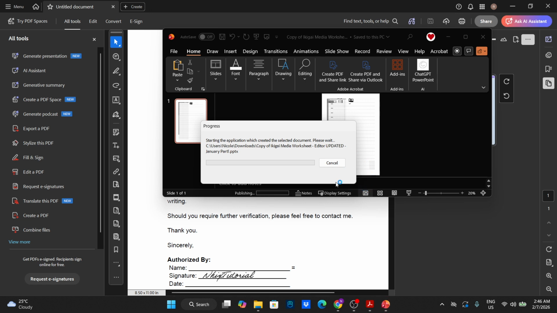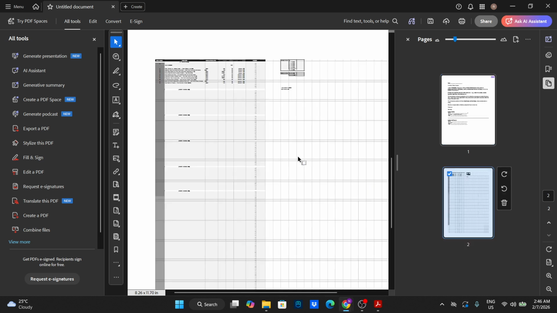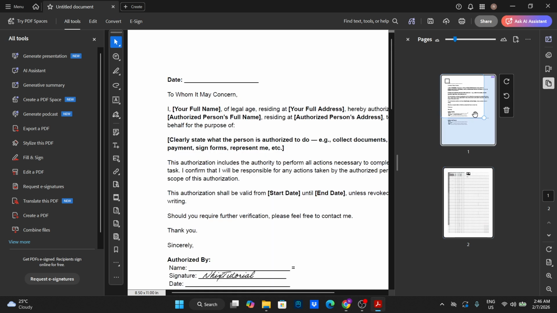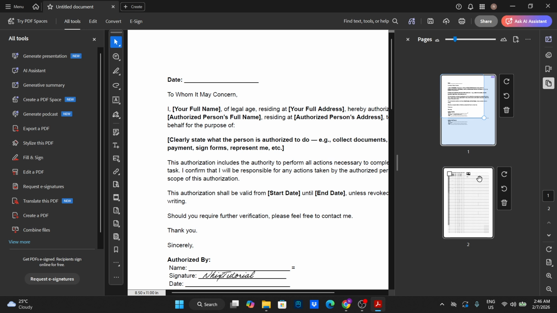If you don't immediately see the two-page icon in the right pane in future projects, look for Organize Pages in the Tools area. It opens the same controls. Also, if a file is protected and won't let you modify pages, check its permissions or ask for an editable version. That's it. You've successfully added new pages to a PDF in Adobe Acrobat using the Open command, the Organize